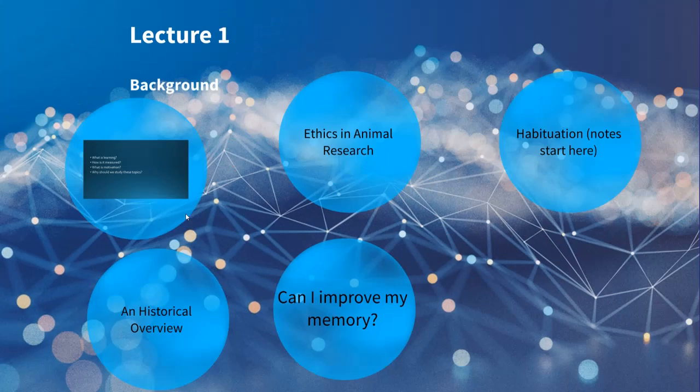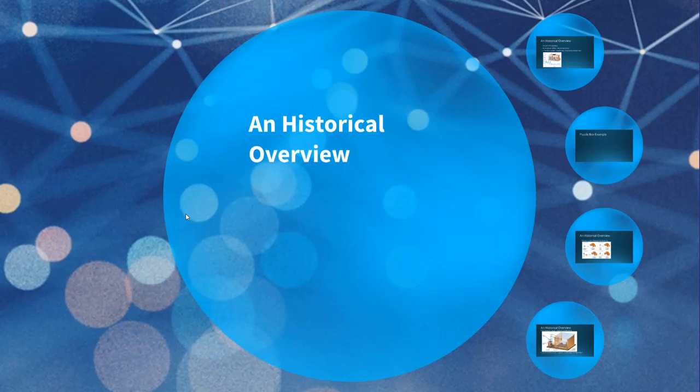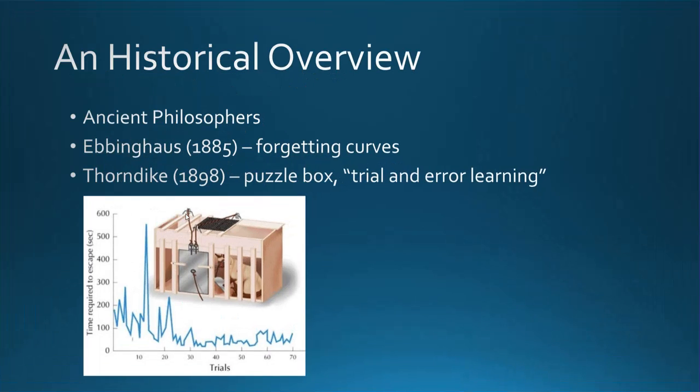So to give you a little bit of an overview of some of the thinking on this, it really begins with the ancient philosophers. They thought a lot about memory. They wrote a lot about memory, and some of the observations were quite good. And during this time, there was a book called the Rhetorica ad Herennium. We'll learn about this book as the semester unfolds, but it taught students how to use their memory to remember all kinds of information, including the textbooks that they were studying.